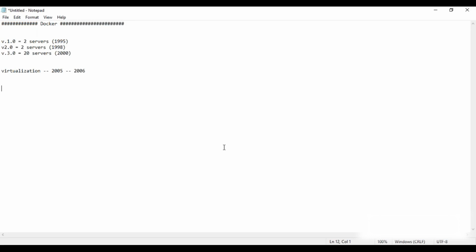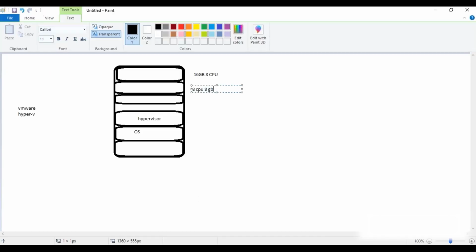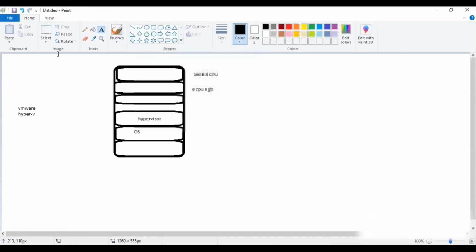Again, AWS actually came in 2006, but it became popular from 2012 to 13. So cloud came into the picture. So what is cloud now? So cloud, you don't need to buy anything. You can just take the machines on a rent basis, and whenever you don't need them, you can give them back, and you are going to pay monthly.